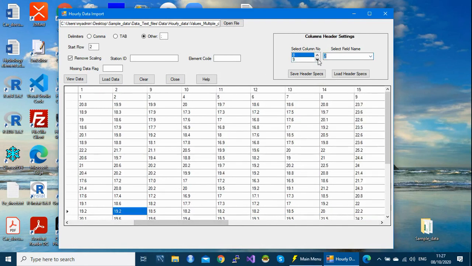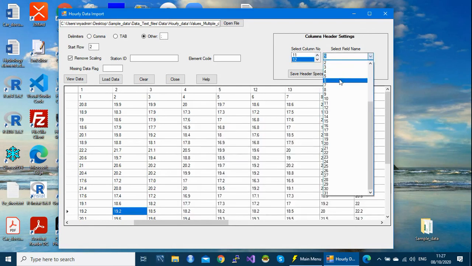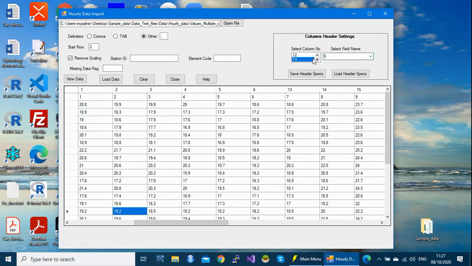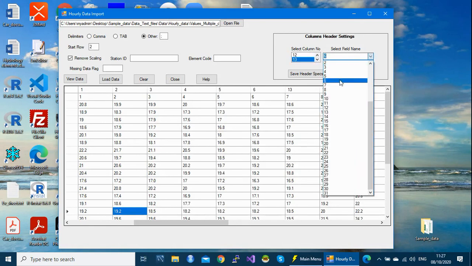So 9 is our 3. 10 is our 4. 11 is our 5. 12, our 6. 13 is our 7.